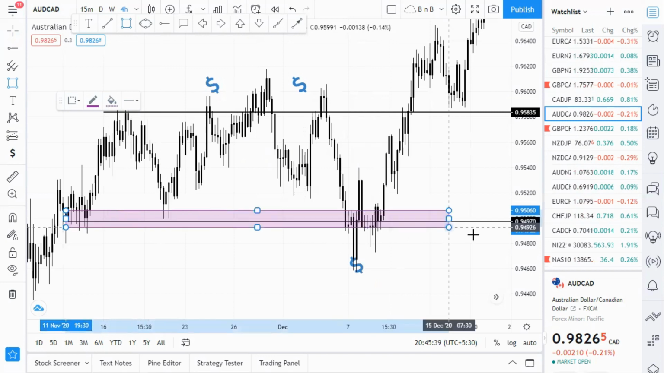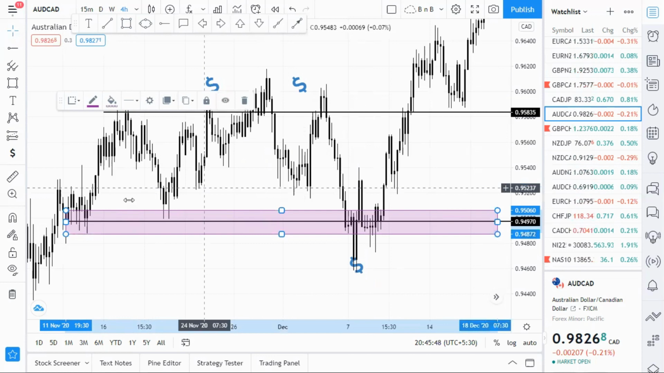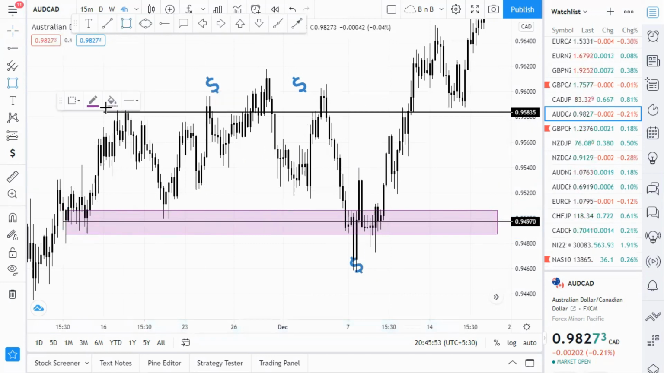You see, here in this area, zones. These are areas which we call support and resistance. If you want, you can cover them like this as zones, and if you cover them like zones, you can clearly see